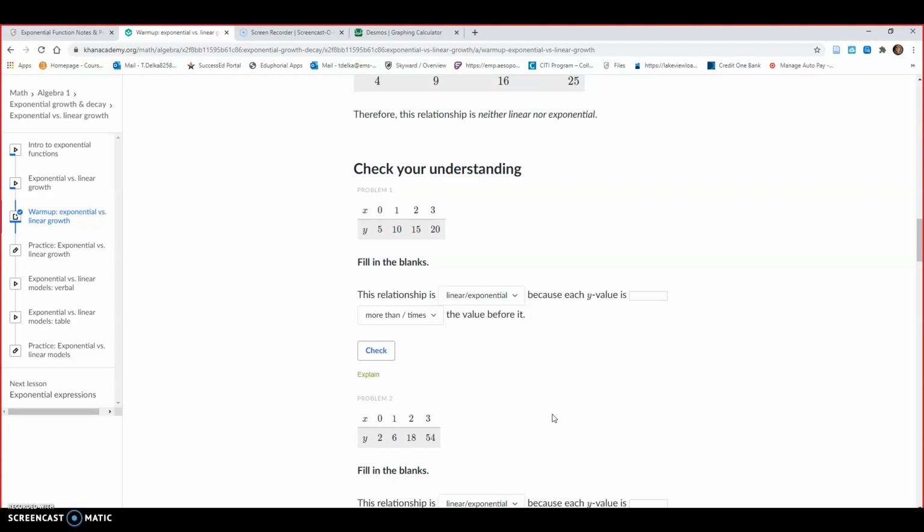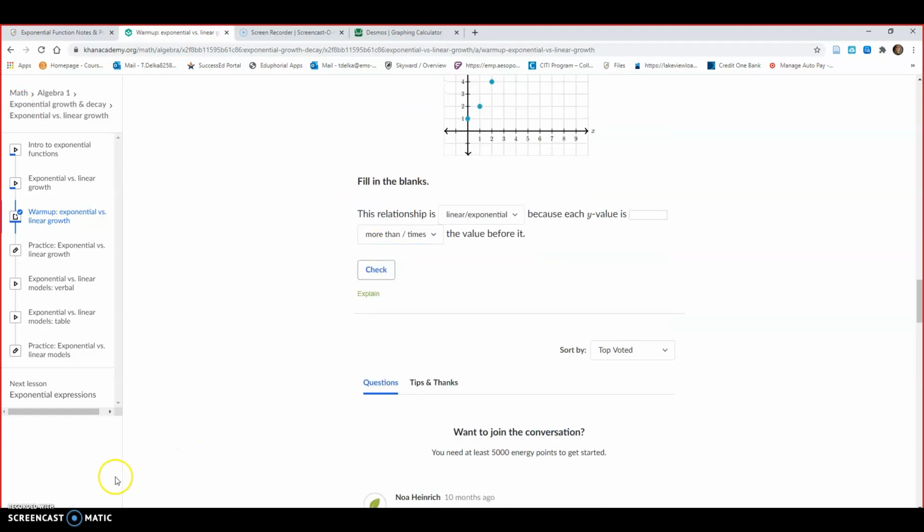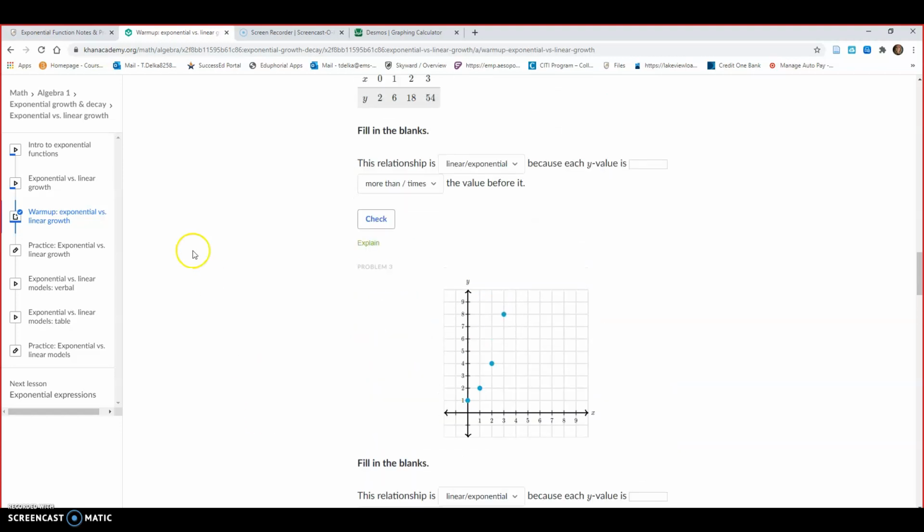All right. I have less than 30 seconds to talk. So I would say, okay, this is linear because each value is, I'm going to put the plus 5, or is blank more than the value before it. So check that, and it gives me a little green check mark. So you can do this with problem 2 on your own. I'm going to erase all this. But then the assignment is I want you guys to do the